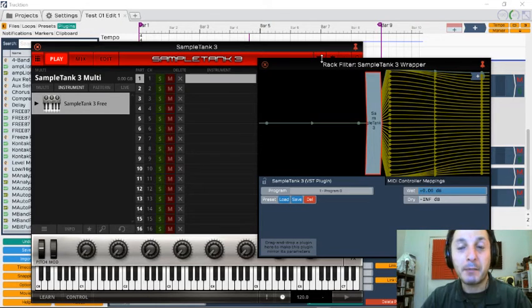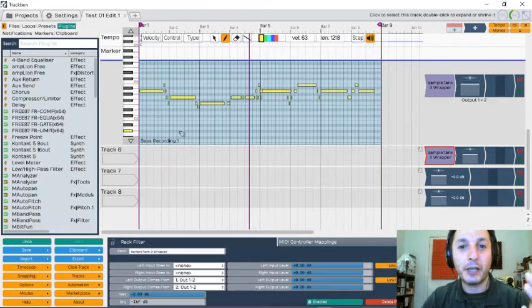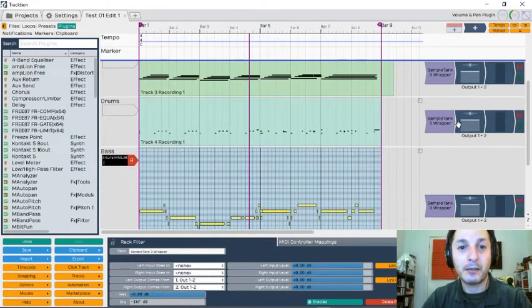Now, this makes it easy so that instead of having multiple instances of Sample Tank, you only have one, and then you can direct each one of your MIDI tracks to the same instance